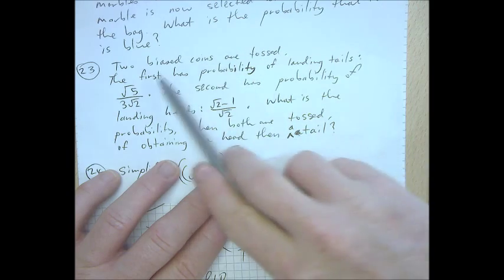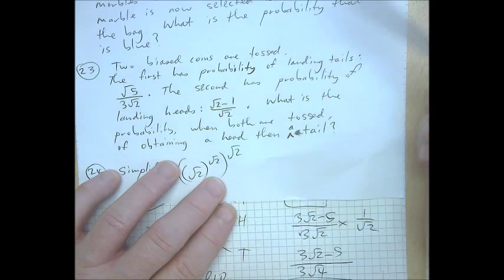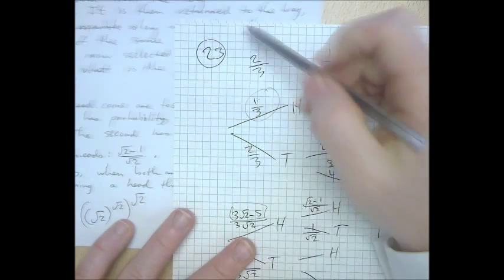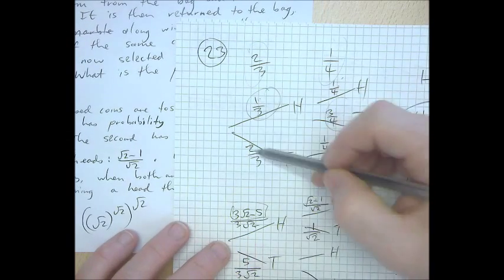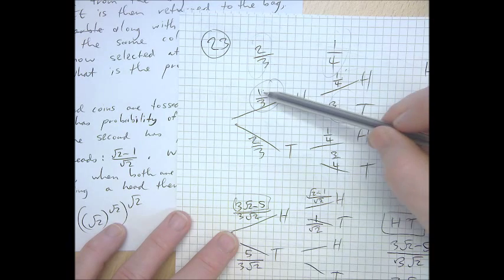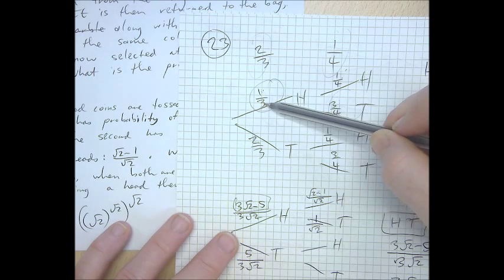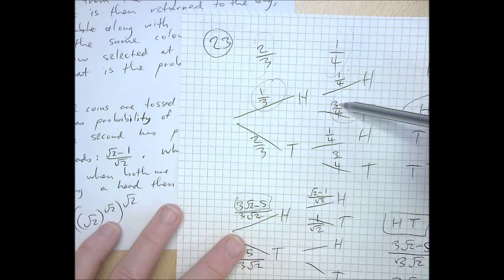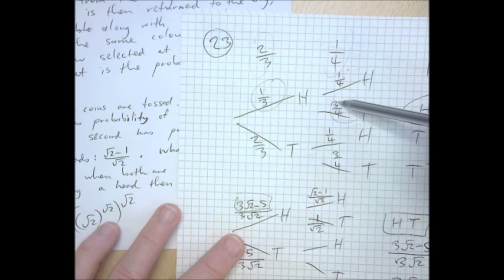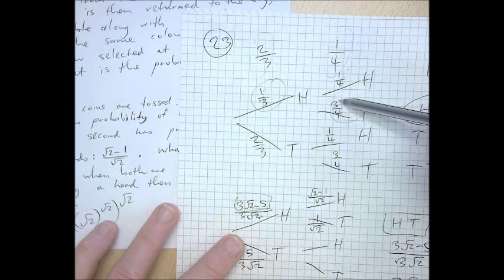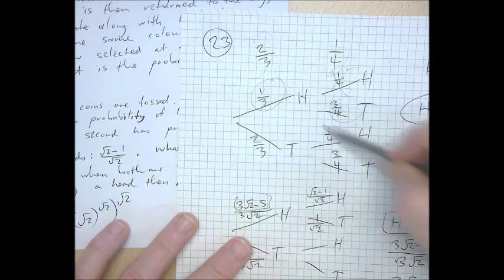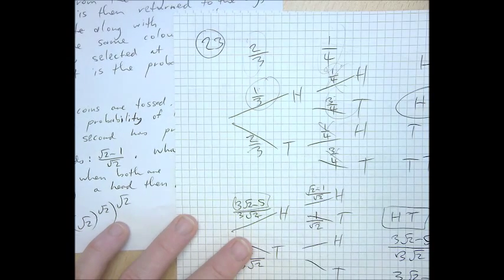As coins are tossed, the first has probability of landing tails, this weird fraction. The second one has probability of landing heads, this weird fraction. I converted those weirdo fractions into just straightforward ones, which I put into the diagram thus. 2 over 3 led to 1 over 3 just by subtraction. I need to make sure that this plus this is the same as this. My 1 over 4 immediately led to a 3 over 4 on the other branch because this plus this needs to add to this, therefore the 3 can come from subtraction. We're asked for the probability of the head then a tail, so all these fellows are actually unnecessary, and we just do it by multiplication. So that times that.